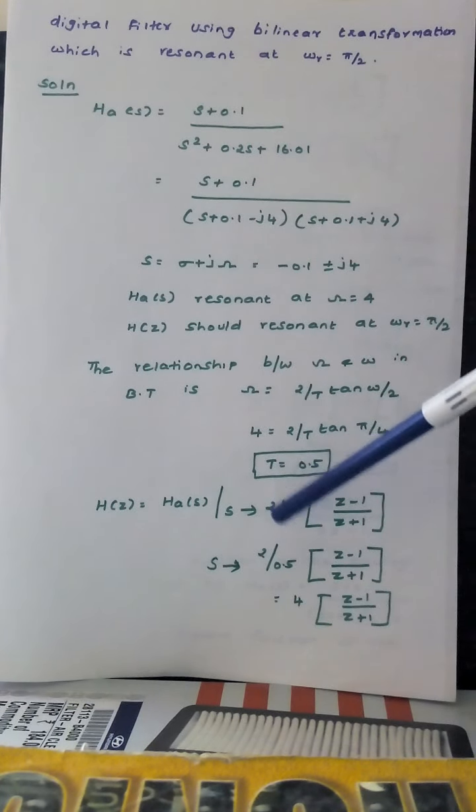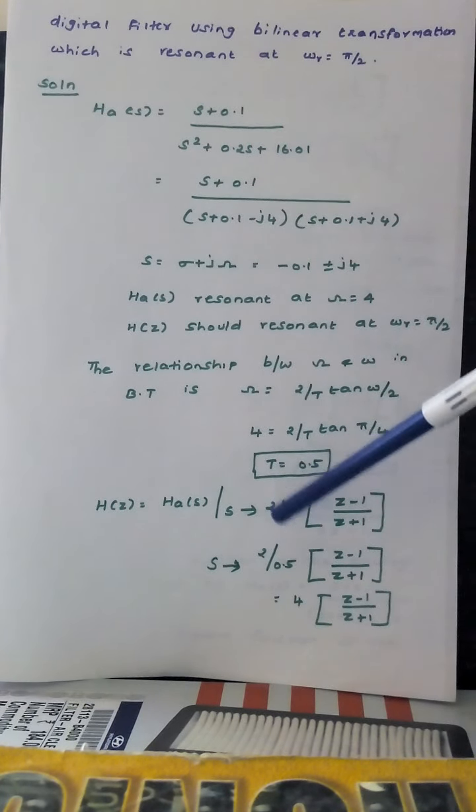So we are using this relationship, that is omega c equal to 2 by t into tan of omega c by 2. So here omega c, this is the digital frequency they have given, it is 0.2 pi by 2, but we don't know the analog frequency as well as the time period t. So we'll get this omega c in terms of t. So here it is 2 into tan of 0.2 pi by 2. We are getting it as 0.65, divided by t. So the omega c will be replaced by this term here.